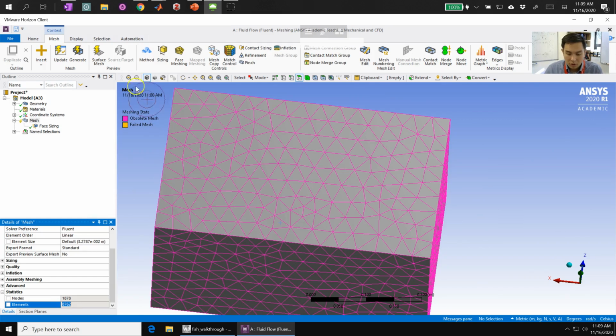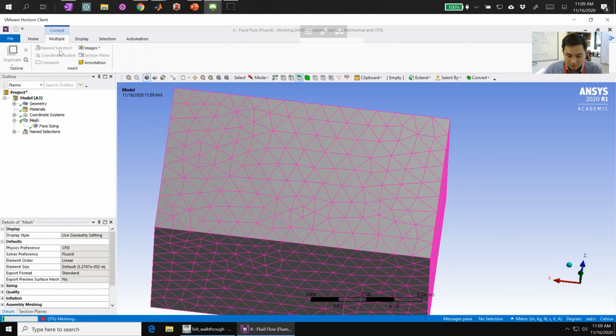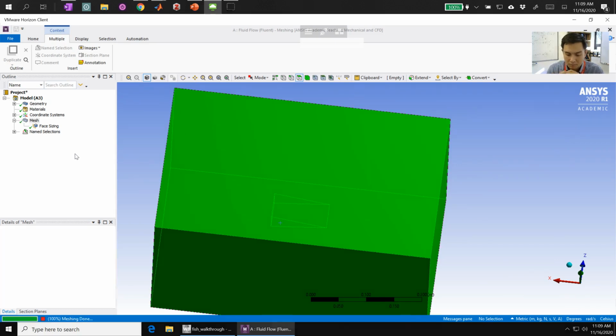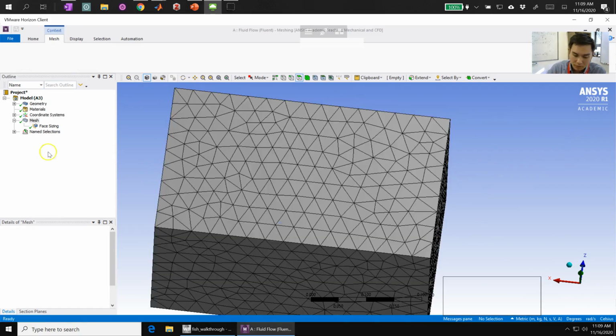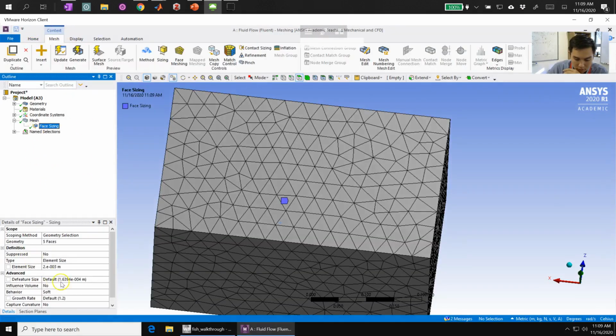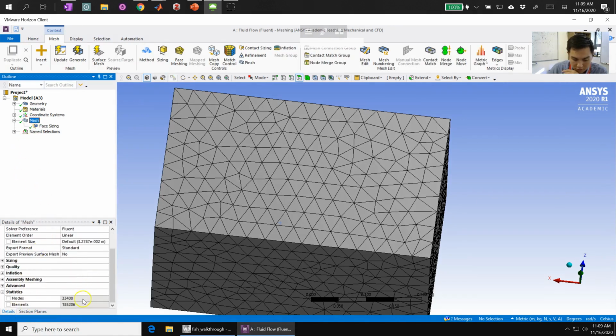So let's go ahead and update our mesh. Okay, so our face sizing has been implemented. Oh, maybe I've lost it. There we go. Now if we look at our mesh, our statistics show us that we have about 185,000 elements. So just by increasing the resolution around the wedge, which has only a 2 millimeter resolution, so it's not super small,